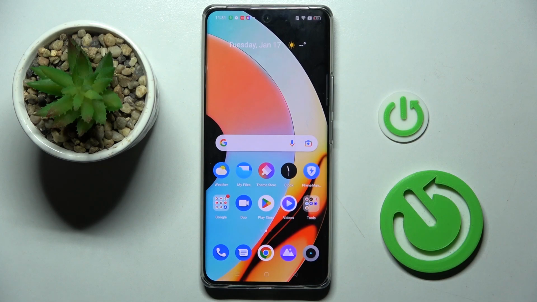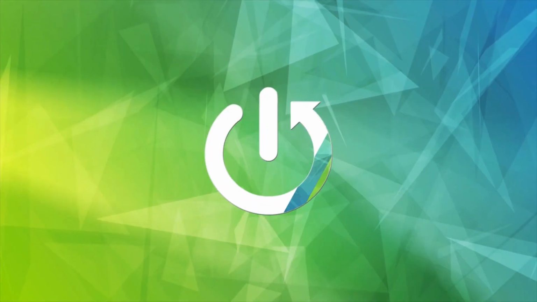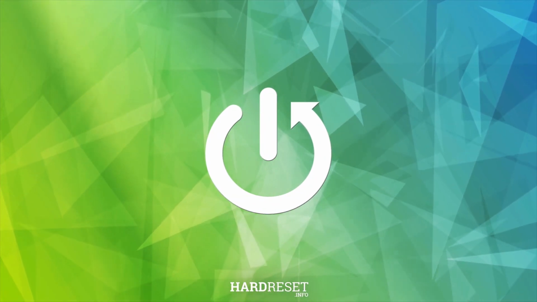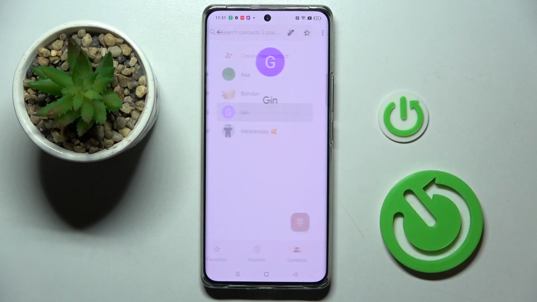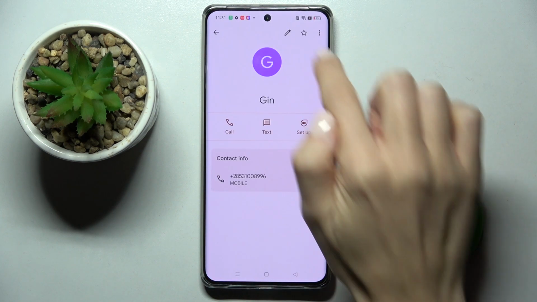Hi guys, in front of me is Realme 10 Pro Plus, and let me show you how to add photo to contact. So at first open your contact list, pick the contact that you wish to add this profile picture to and